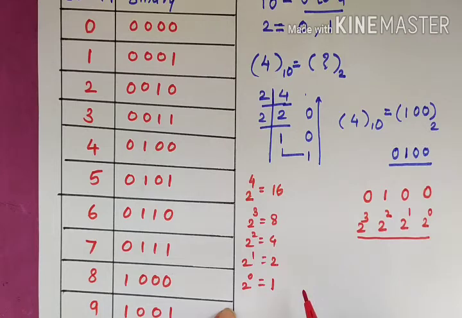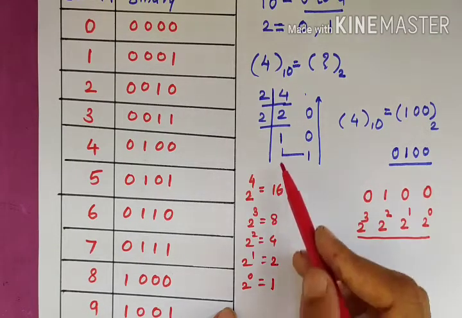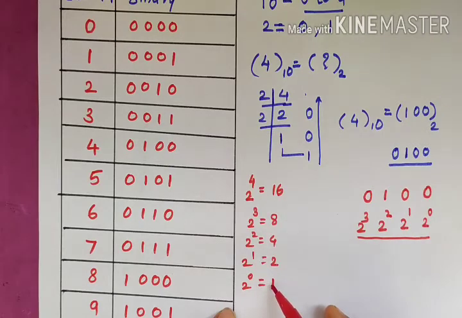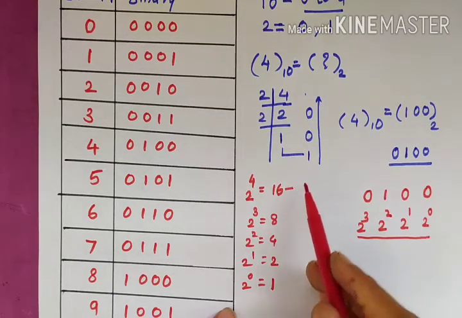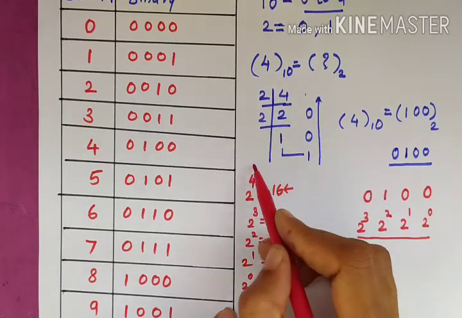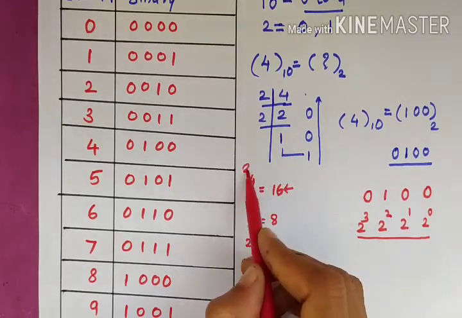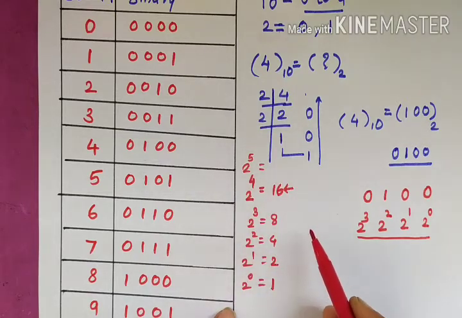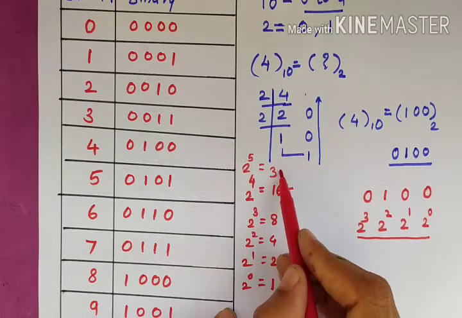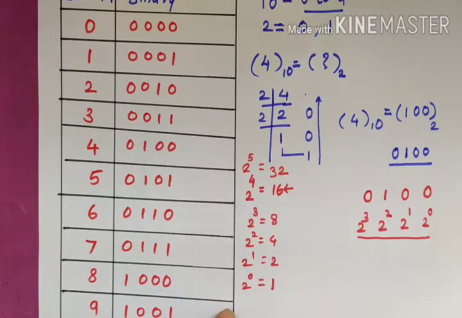Okay, means this code is equivalent to increasing powers 1 8 4 2 1. If you have to increase for 5 bit, then this will be 16. Now students, tell me, what about 2 raised to 5? Yes, it is 32. Okay, now if you have to increase the bits for conversion of decimal to binary,